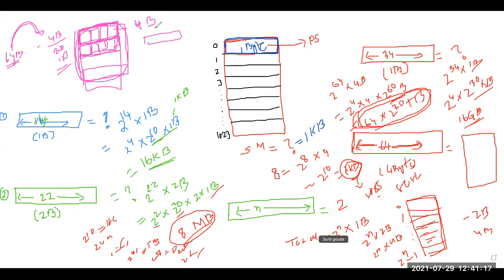Is it clear? Yes, sir. Okay, so now we have learned that if the number of bits is given, we can easily convert to the memory. Now if memory is given, suppose I am saying this is my memory, then how many bits are required to support this memory, okay, reverse calculation. If the memory is given, how do we perform the reverse calculation?